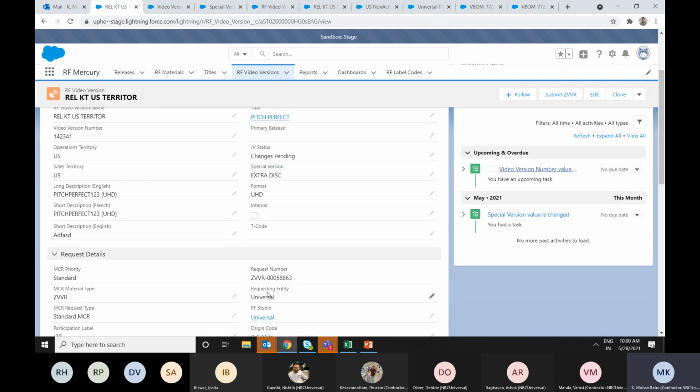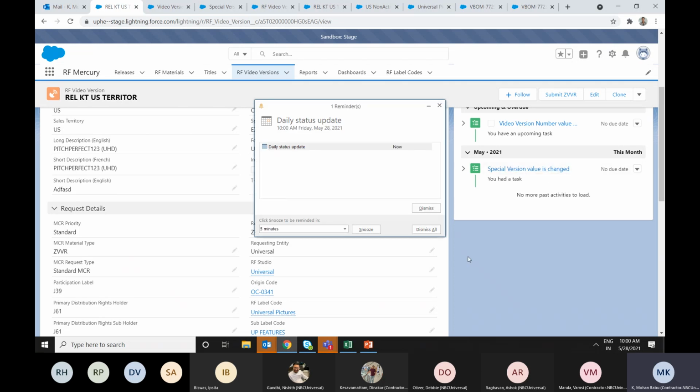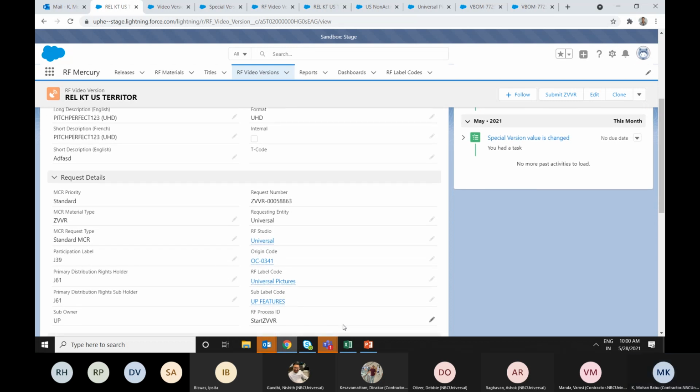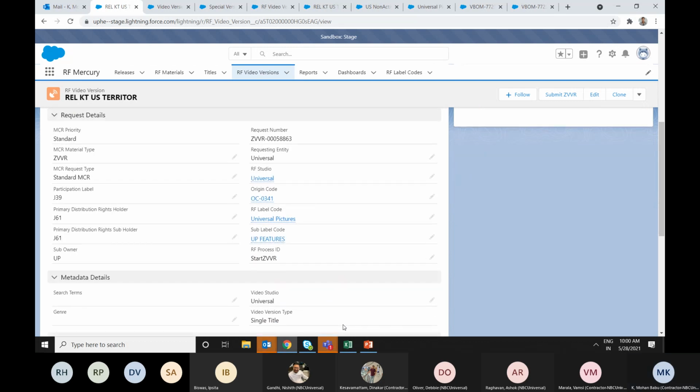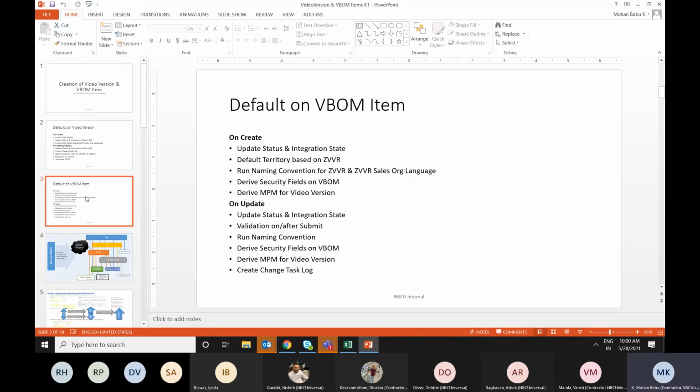If we change, we need to let them know. So the integration comes from the platform API. For that particular profile, we won't be creating any tasks. That's all for video version and VBOM items.